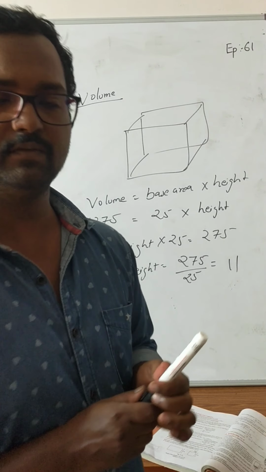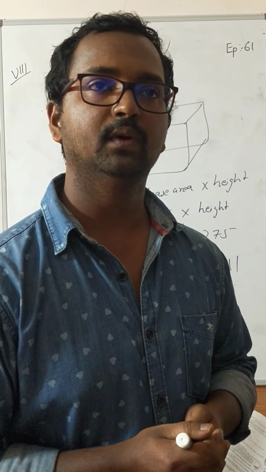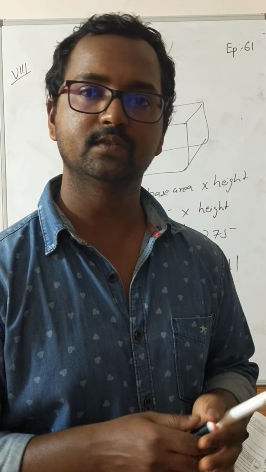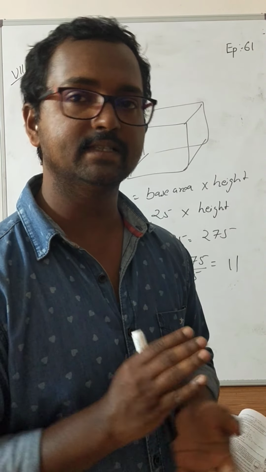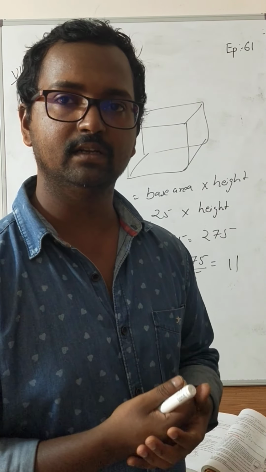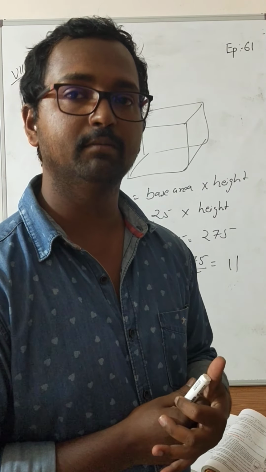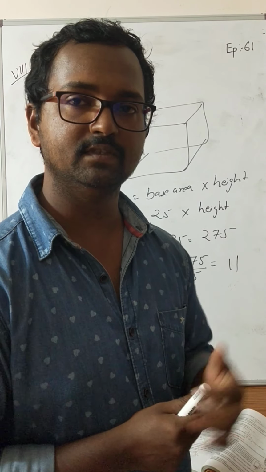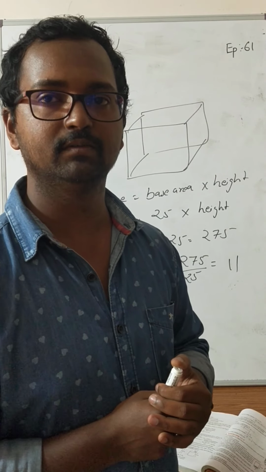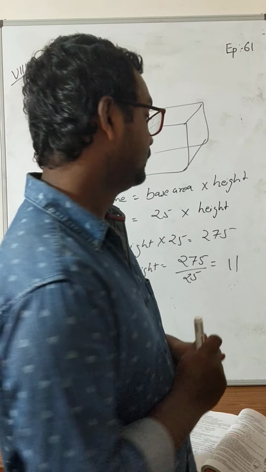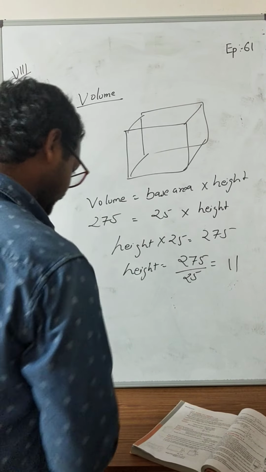So remember this very clearly. Whenever you have to find the volume, you have to find the base area and multiply into height. In case of most of the figures like cube, cuboid and cylinder, this is applicable. Prism also, this is applicable. But in case of pyramid kind of shapes, or a cone, this technique is not applicable. Okay, there will be a slight change. So here volume is equal to base area into height, and with this we will get the answer.